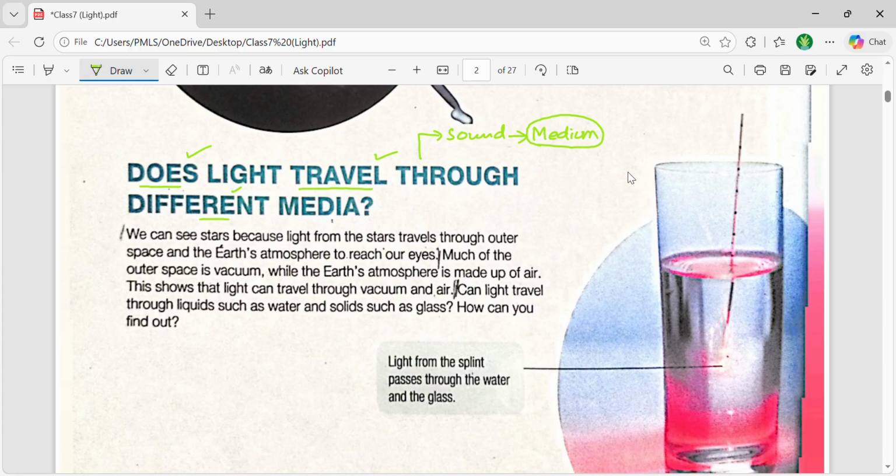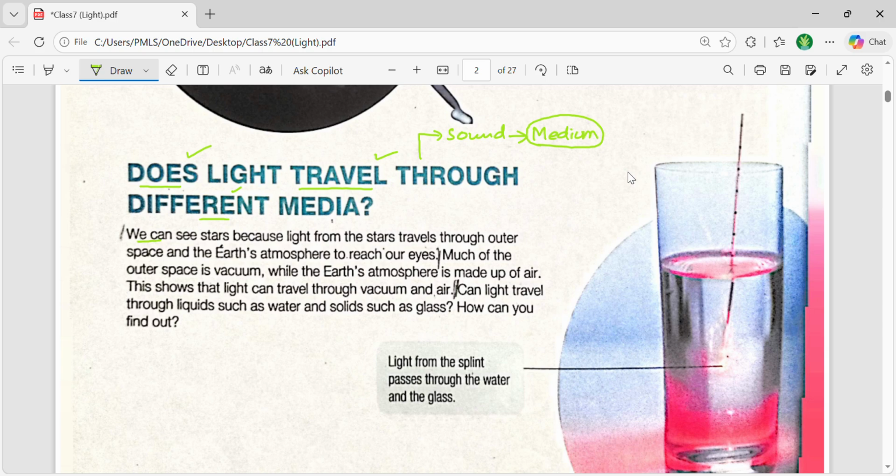Just because the light is coming to you, passing through the vacuum, the space, it means that it doesn't need any medium. And when we talk about sound, it doesn't reach our planet passing through the vacuum. That's why it's really quiet there. So that's what they're going to explain here.